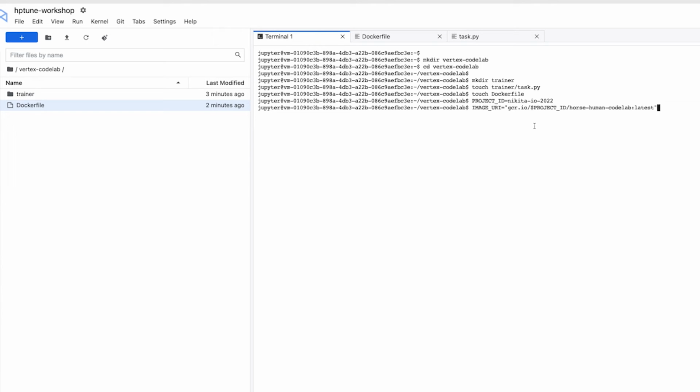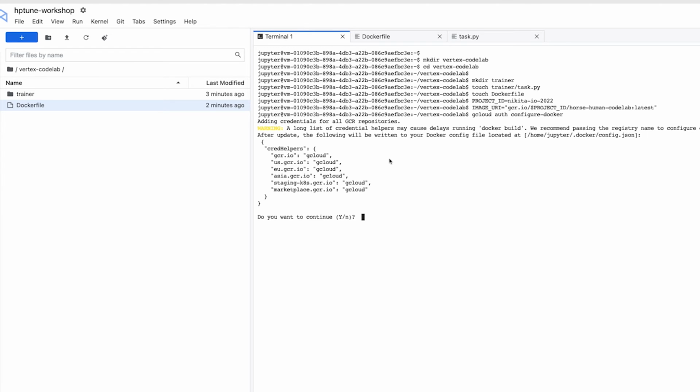The next thing we'll want to do is define a variable with the URI of the container image in Google Container Registry, and this is where we will push our image. Container Registry is the place in Google Cloud where you can store any of your Docker images. The next command we'll run is this gcloud auth configure-docker, which will just help us to configure usage of Docker. And then we can go ahead and build our image.